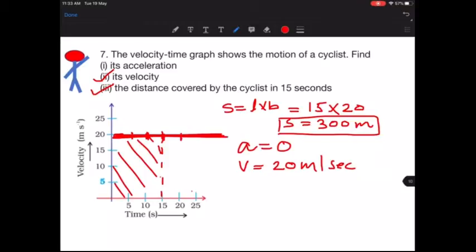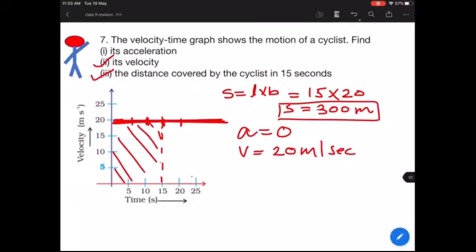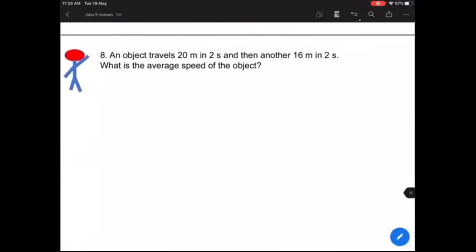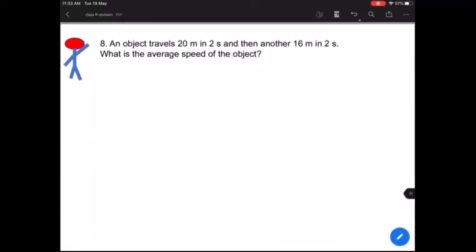Most of you are able to understand. Okay. So even if you have any questions, I'll take it up after the end of the class. But first, do understand these are the basic things. Okay, you should know how to read the graph. Okay, let's move on to the next question. Read the question and write down the given data in your notebooks. 5 seconds, write down the given data. What is given?